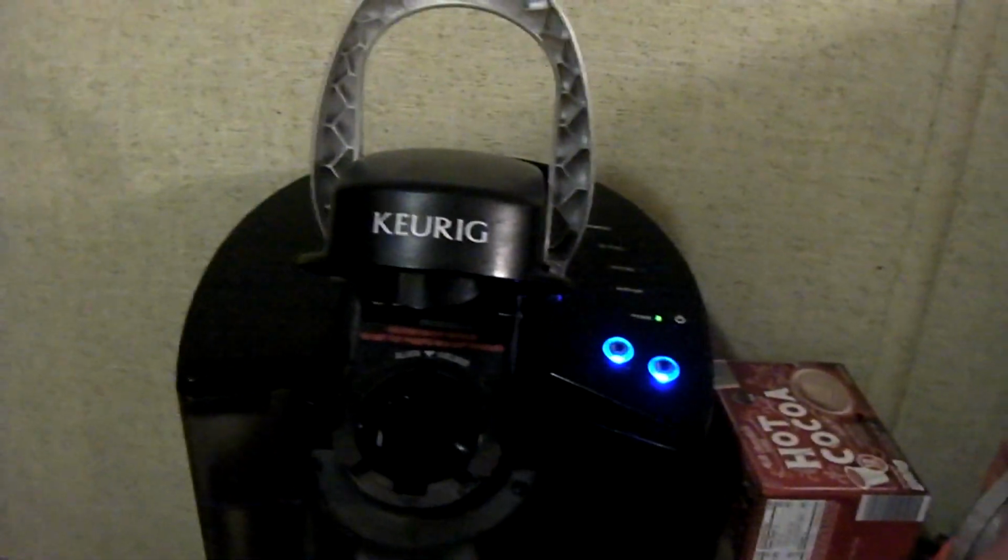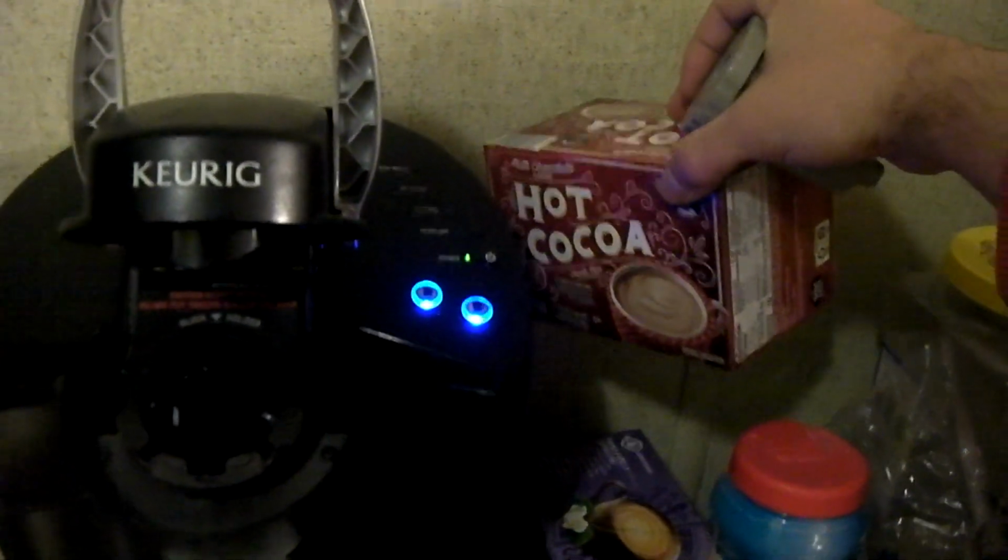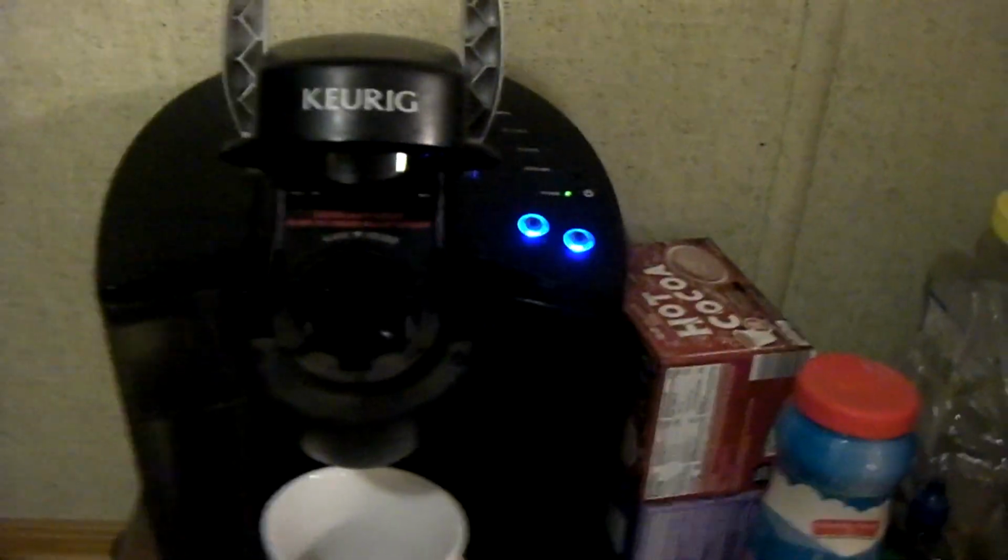Now, of course, I do have K-Cups. Down here I have a French vanilla cappuccino, which I've not tried yet. And I got this hot cocoa, which I tried one today, and it was amazing. Of course, both of these are from Aldi. But,